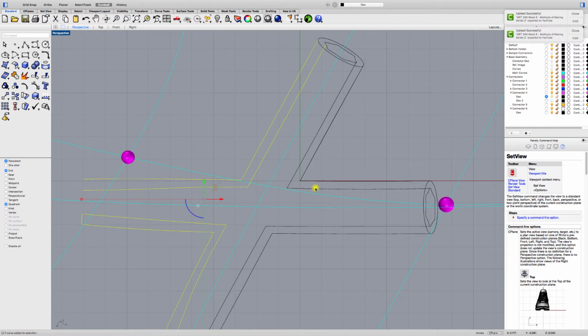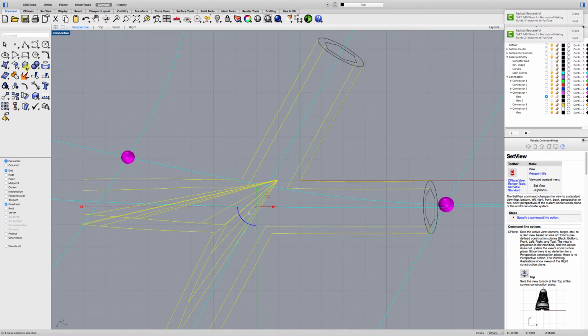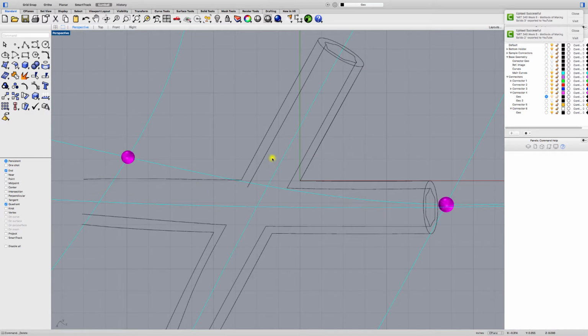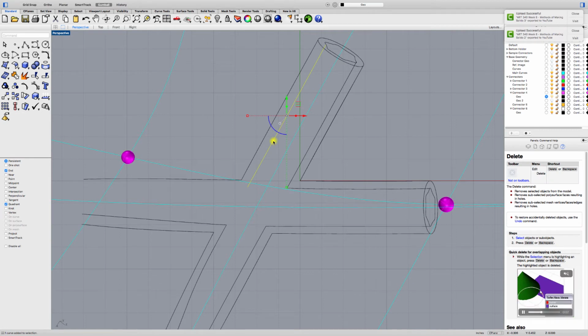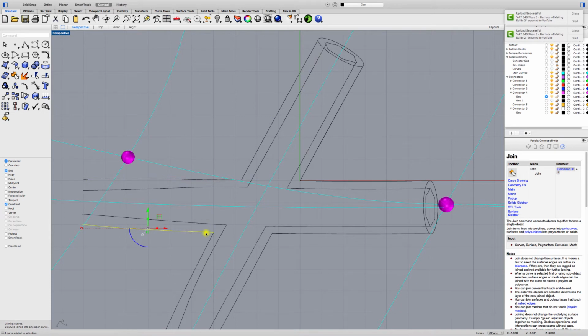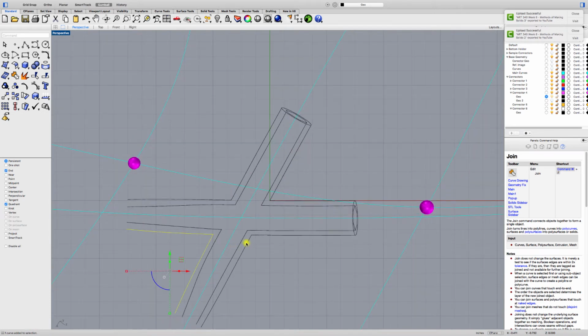And what I'm going to do is I'm just going to explode those curves. Explode, and I'm going to delete this inner curve. Actually, no, I'm not. Just for reference. And I'm just going to select this curve and join them. Same thing with this curve and this curve. And if you haven't guessed my next move already,